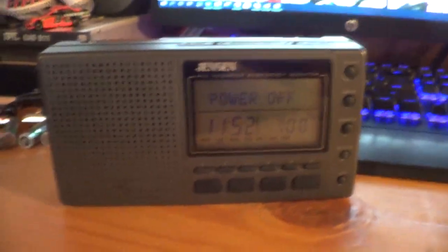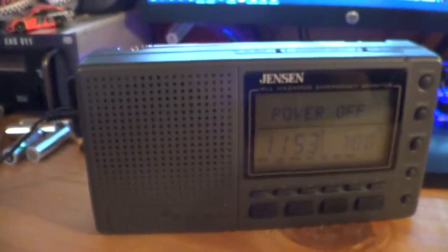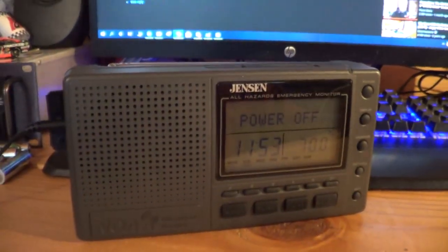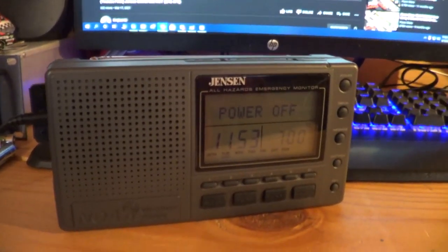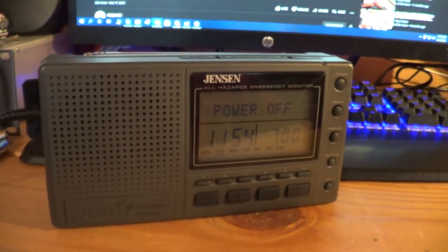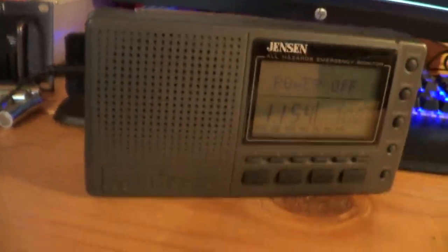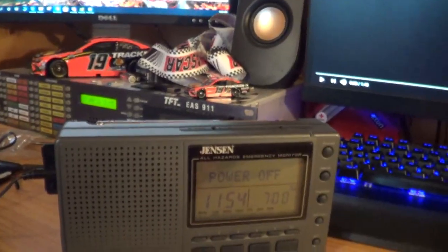to that very soon. So, why don't we get to the first feature on the Jensen, and that would be the siren. Okay, the siren on the Jensen SRWS1000. So, let's go ahead and watch one of Mitchell's videos on his alternate channel, BenjiCat33. He has a video of this radio going off for the RWT. And like I said, there's only one type of siren on this radio because it's 1050 hertz activated. So yeah, let's watch his aesthetic intro before the siren starts,